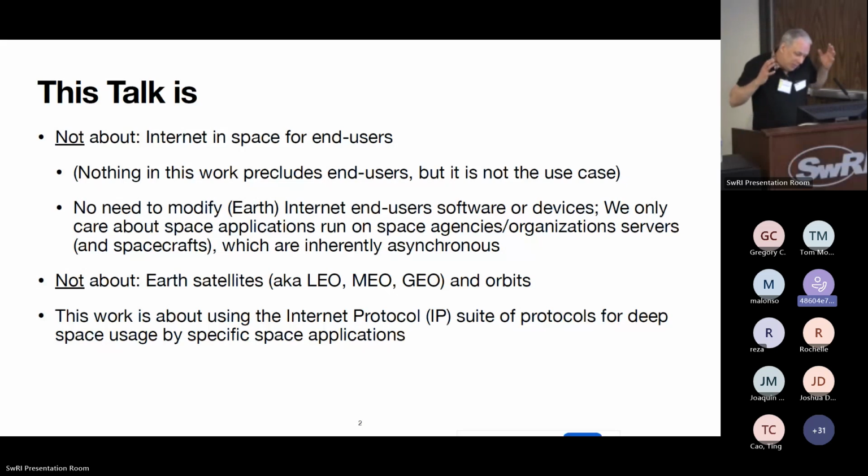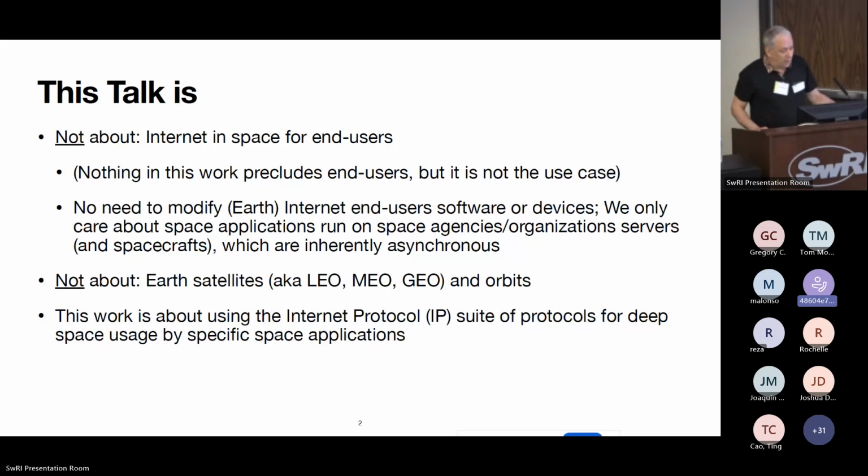Nothing in this work precludes end users, but that's not the use case. And for example, we don't need to modify Earth Internet and users' software and devices. We only care about space applications that run on space organizations' servers, spacecraft and stuff like that.